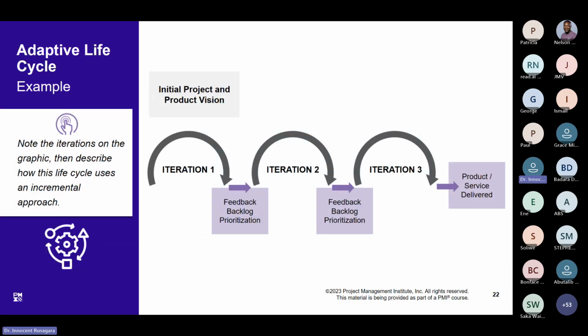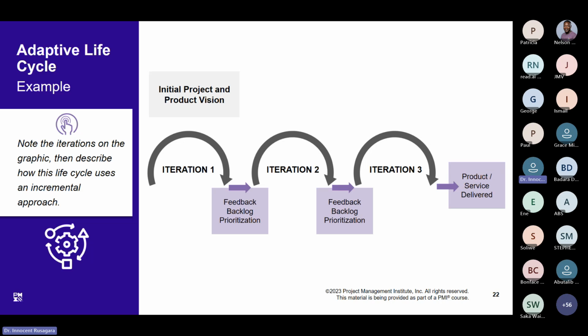So now when you go into adaptive, it is iterative. Iterative means what? You do something small, and then you check, and you repeat until it is approved. After being approved, you get maybe the first feature. You release that feature, which is put under use. And after some time, you can increase from that feature to another feature. This is what we call